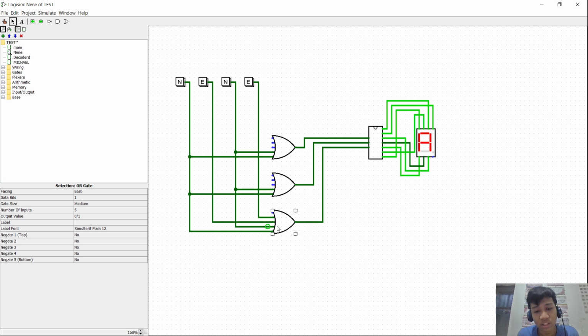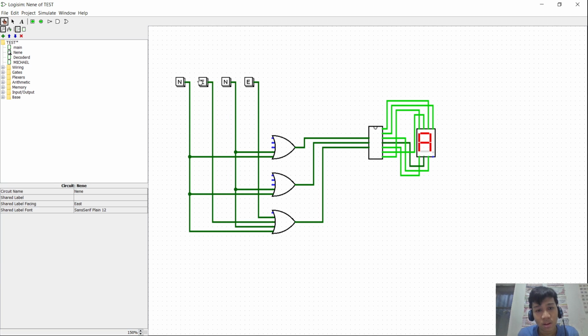Since I have put it here, it results into this one, E. We have satisfied the binary equivalent, which is 001. Therefore, we have an output of E. The same goes for here, which is letter C because it is a consonant, and here E because it is a vowel that has a binary equivalent of